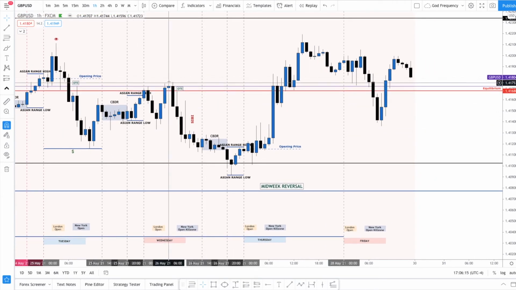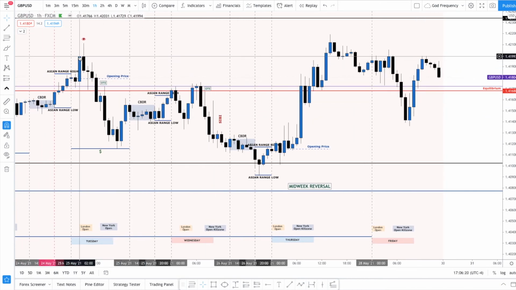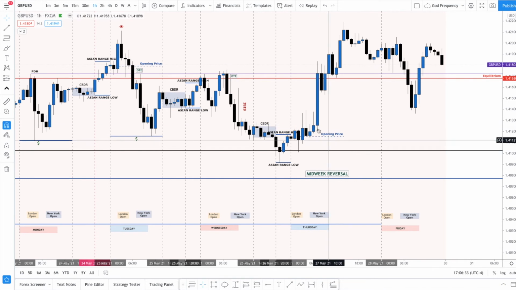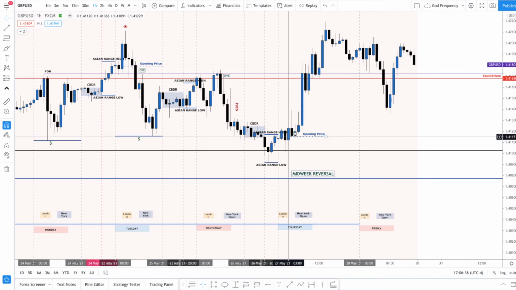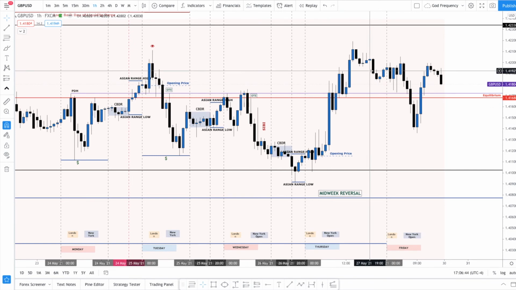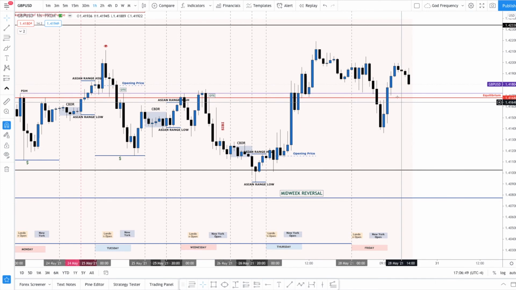And so Wednesday came around, I had another OTE. And all I did was it came right back to that level. I took another position, a third position, and I closed. Typically, I close around New York Open on Thursday. I already had my trailing stops, but once I started to see the market reverse, that's a classic midweek reversal, and so we went long, like I already initially thought, to take out that previous high. We hadn't taken it out through Friday either, but I'm out of the market at this point, right?